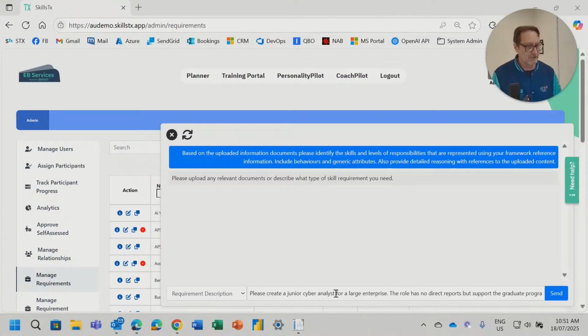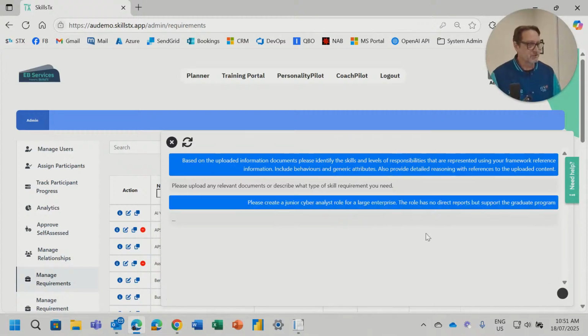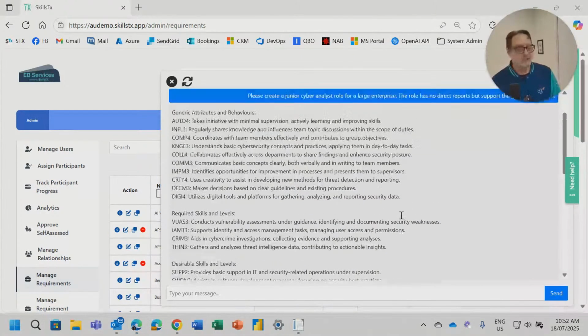I'm just going to put an extra word there just to make sure we're specifying that it actually is a role we're after, and I'll let it do that and we'll come back in a second. Okay, so